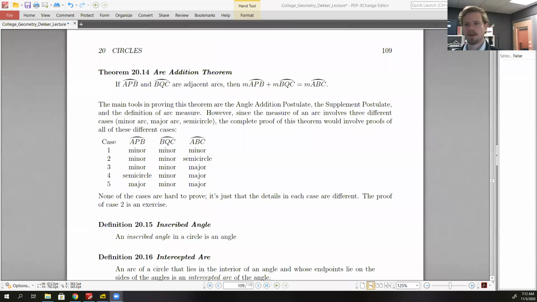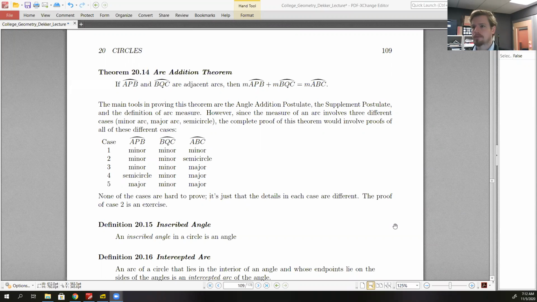Welcome back to geometry. We want to continue taking a look in section 20. So we want to take a look at arcs again, but we're going to take a look at the theorems related to arcs. Now, much like angles, angle measures, and distances, we can add distances and add angle measures, and here we can add arc measurements